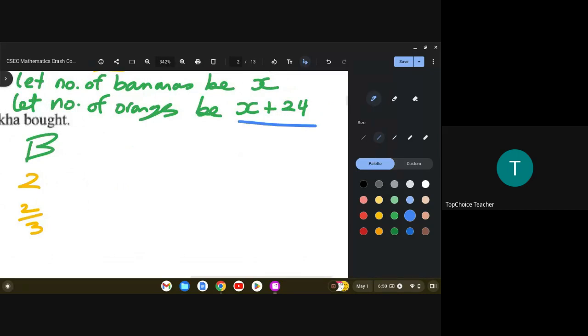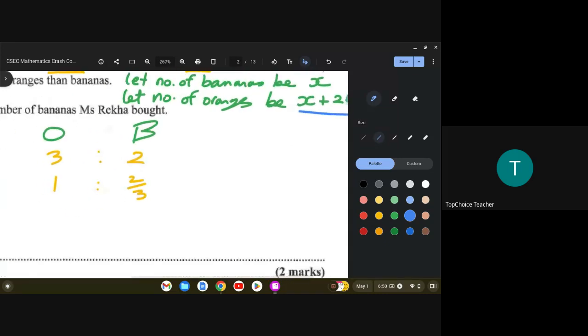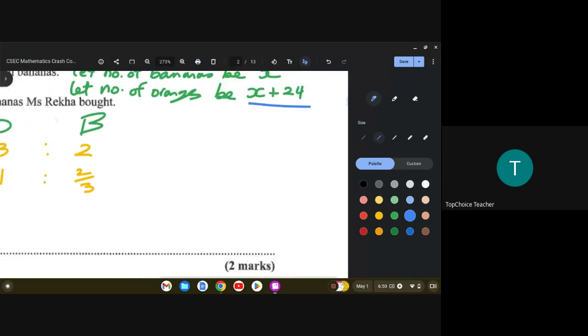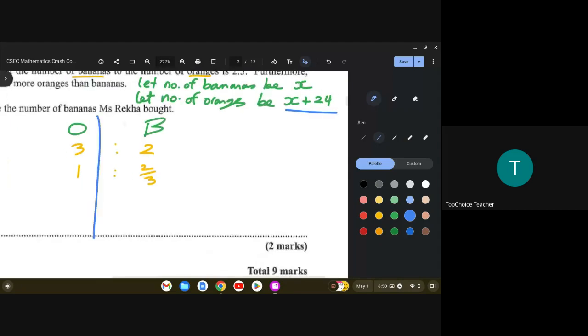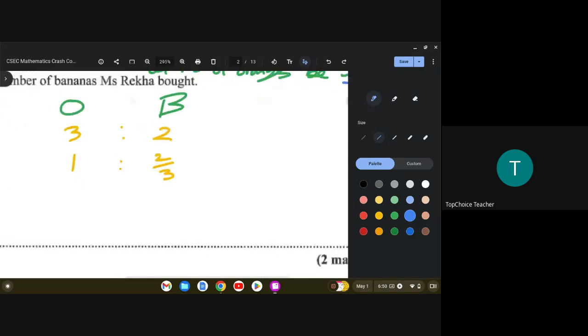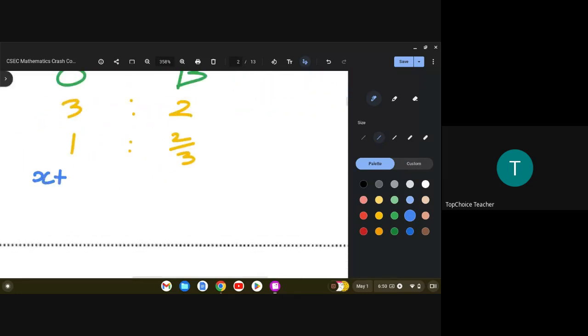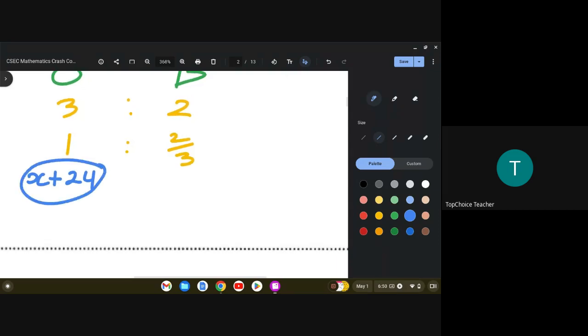That is where the algebra comes in. So you saw in that case how we wanted to find 17 books, and you multiply it by the $5. We know the actual number. Remember, this is the orange column here, and the other side is bananas. So we know the number of oranges she actually bought is x plus 24. This is a hard question, and this is why I'm doing it with you all, because it requires you to really think. So we don't have a pretty number, we have an expression. So if we know the number of oranges she bought is x plus 24,